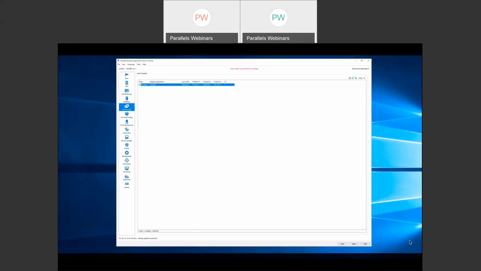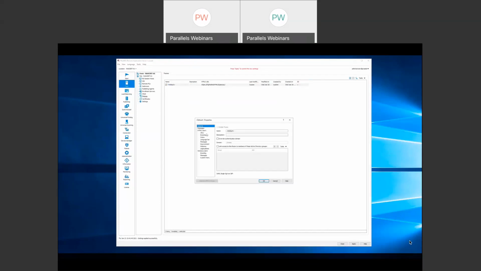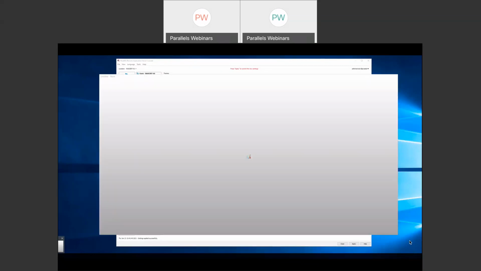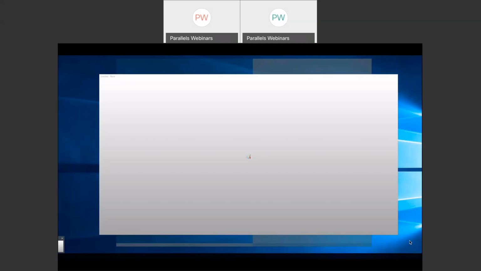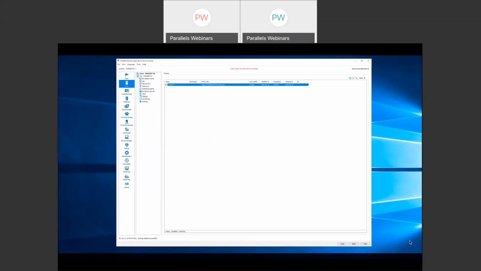All right, farm and themes, before I forget, one other thing here is this is where you could control the different themes. The default theme is that nice red Parallels theme that we've seen. But if I wanted to, I could come in here and change the branding and add my own logo, including the little Parallels logo at the bottom. Remember here on Paint, that's this logo here, if you can see that in the screen, so that users will again be clued in that it's a remote app and not a local app. I can also change all the colors, and you would do all that here. And to give you an idea of what the different themes might look like,